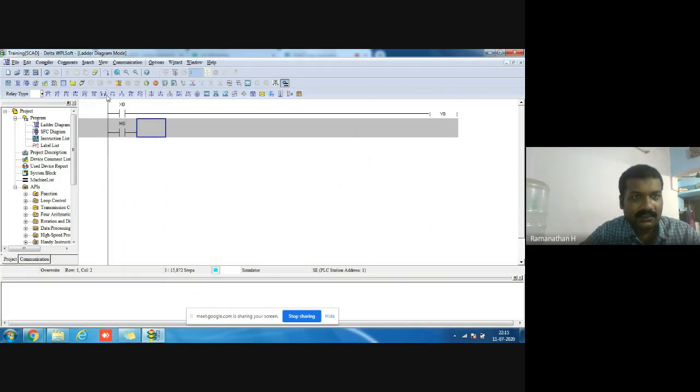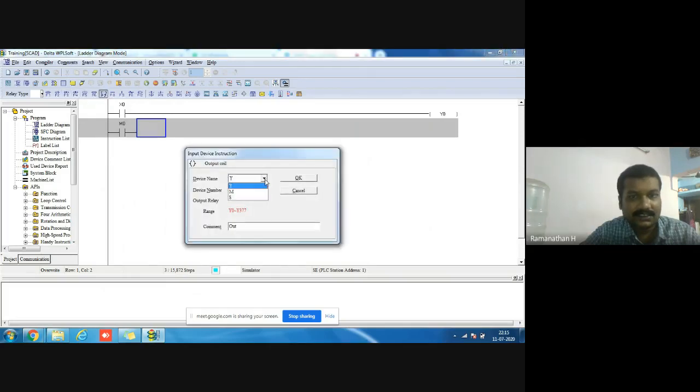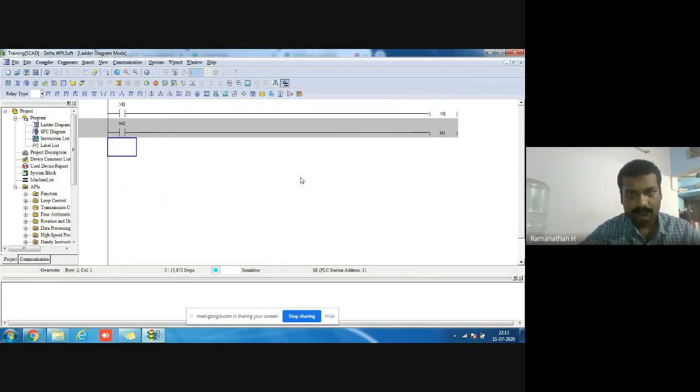The same memory coil is used as output also. These memory coils are not raw field inputs or field outputs. These are the dummy inputs and outputs. Internally, we use them for programming purposes only.